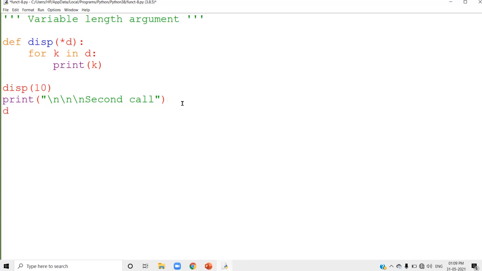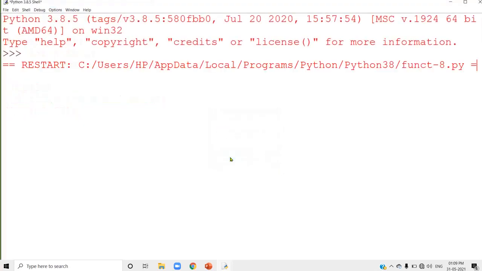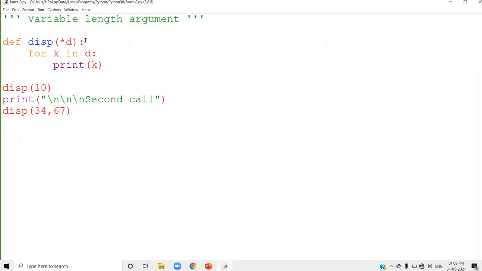When you call the same function a second time, I'm passing two values, 34 and 67. Just see the answer. See, both the values are displayed here. So these two values are stored inside the variable D.